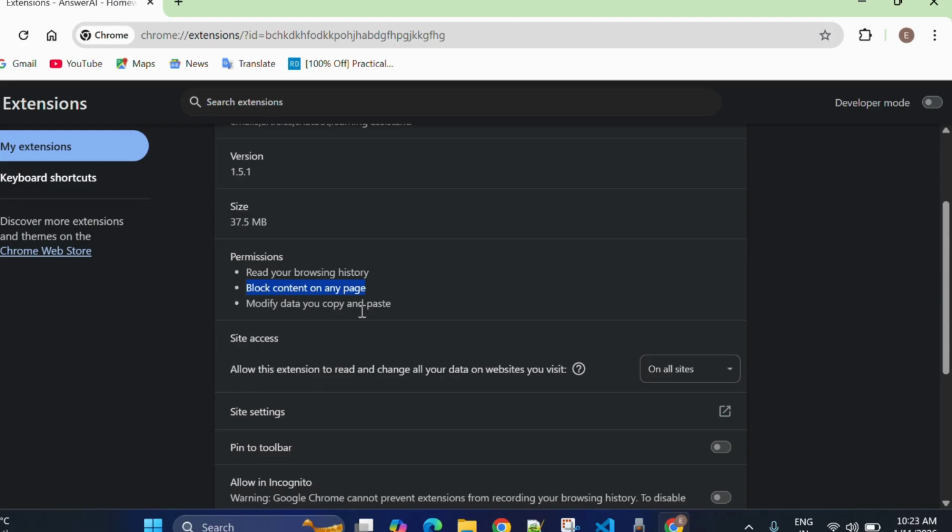And the next one is modify data you copy and paste. This is actually a very dangerous permission. If an extension has access to copy-paste data, it can read whatever you copy, for example passwords, OTPs, bank details, personal messages. You may think you are pasting safely, but the extension can see it in the background. And the final one is